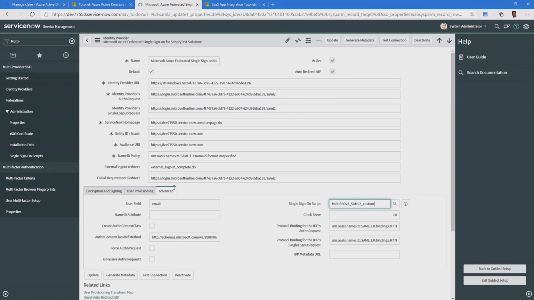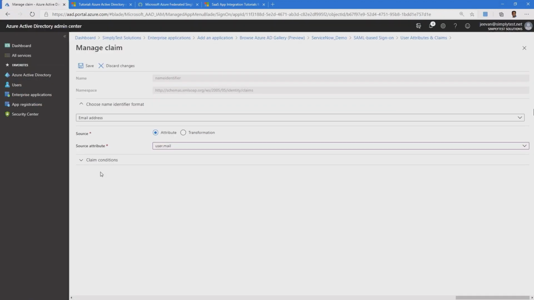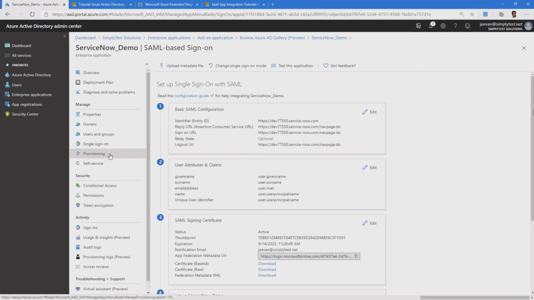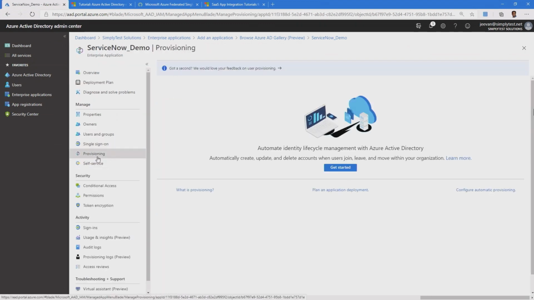Once you have configured these things, the next step I recommend is to use the user provisioning service. Azure Active Directory also supports user provisioning with ServiceNow, and you can set up the user provisioning by clicking on the provisioning tab. That means there will be only one application which supports single sign-on and user provisioning for all your users.